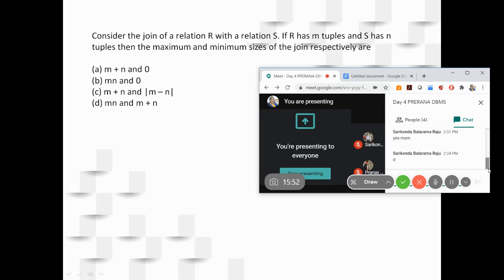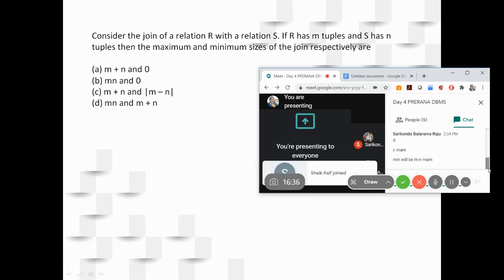Think once, Balram. Again think. Now you will go with B. See, let me give an example.